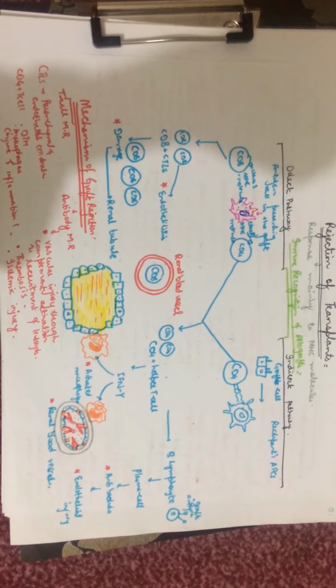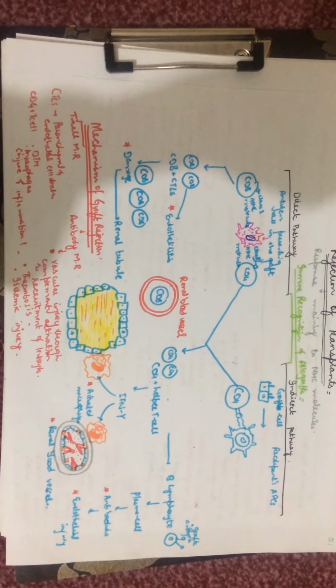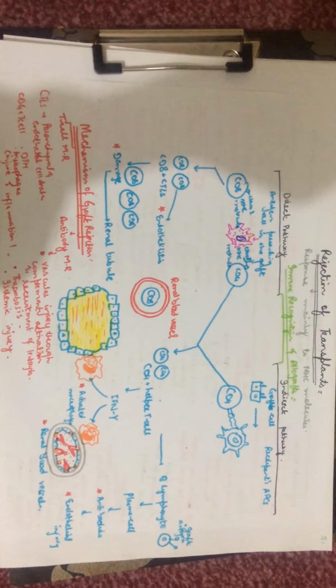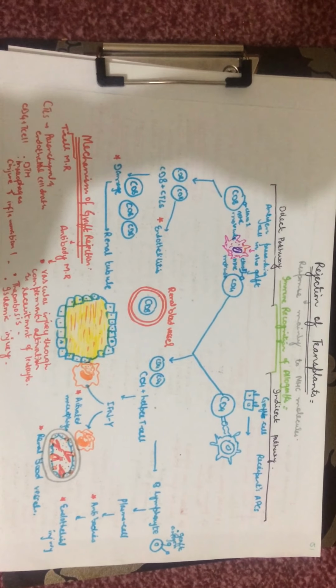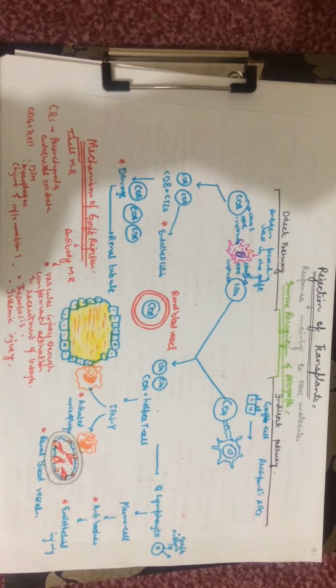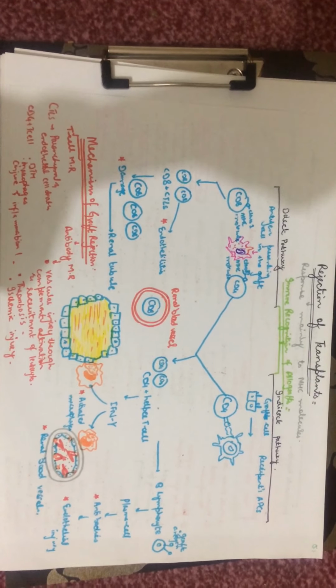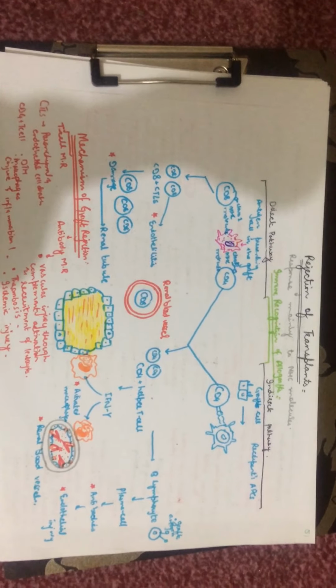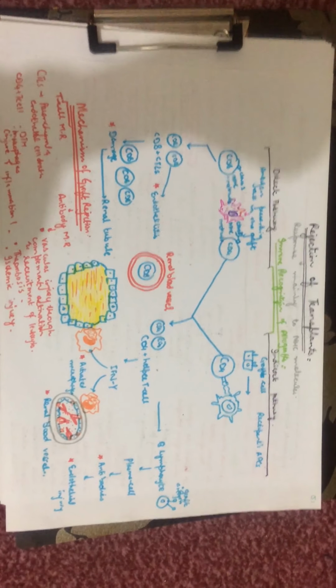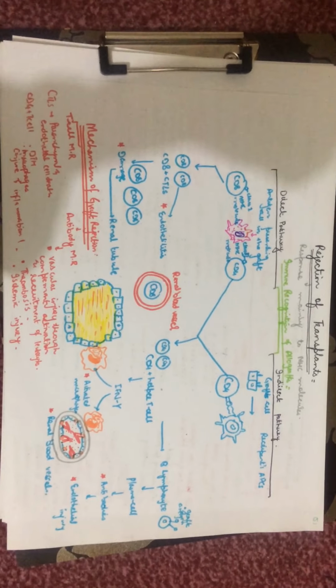What would happen is that the CD4 plus T cell will proliferate. When they proliferate, they will produce cytokines. Let's suppose those cytokines are interferon gamma. As a result of this, they will induce tissue damage by a local delayed type hypersensitivity reaction. On the other side, we will see in T cells that the CD8 plus cytotoxic T cells,